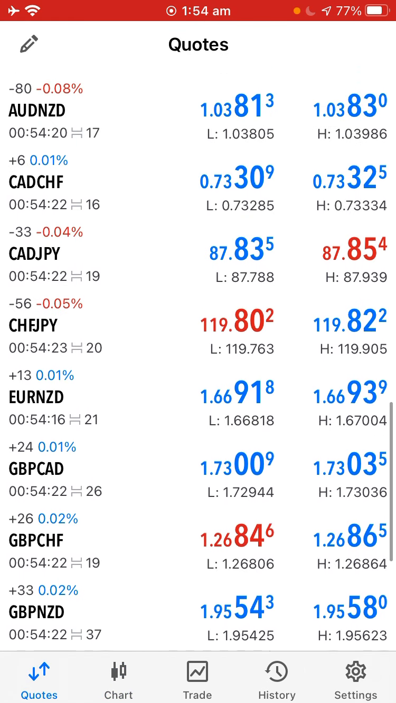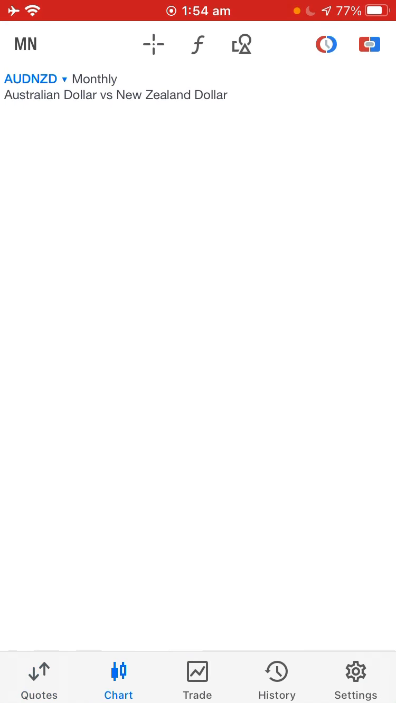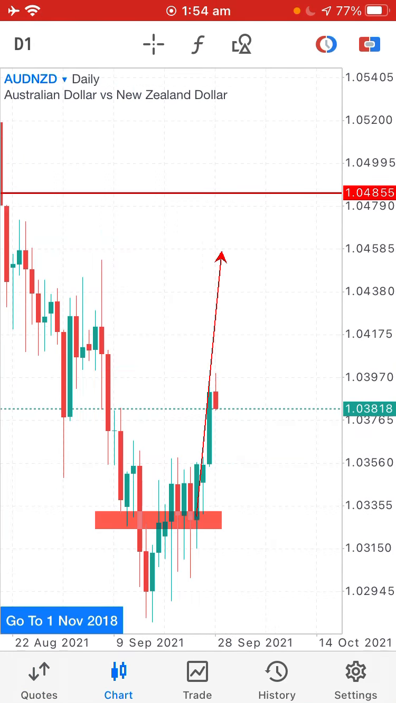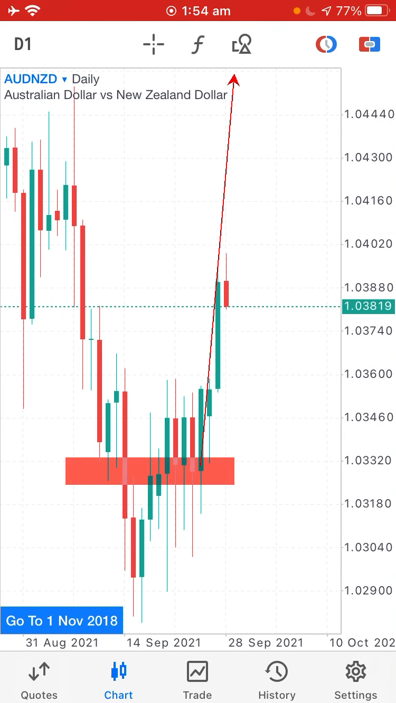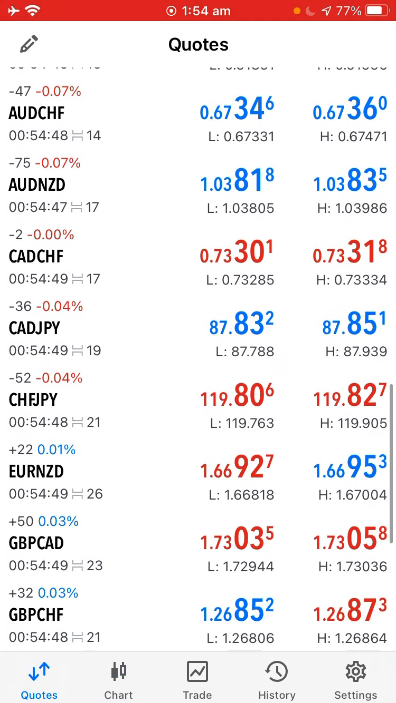So let's go and check AUDNZD out, because this was a market I analyzed yesterday. And as we can see from the daily perspective, this market is already making a very nice move to the upside. And as you can see, my students are already on profit, because the market has provided exactly the move we wanted it to provide for us. You understand? So going back to GBPCAD,